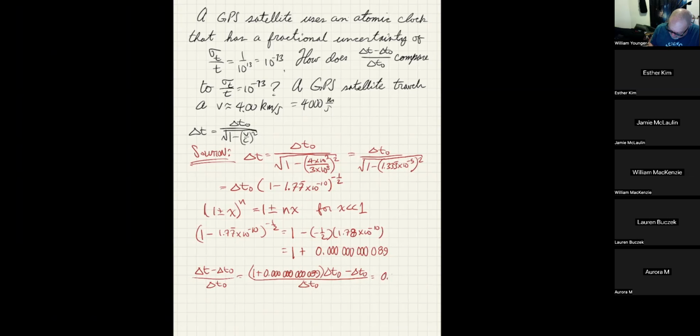So you end up getting just 0.0000000000089. That's the whole quantity, which is in fact 89 over, let's see, if I wanted to make it 89, that's 3, 6, 9, 12. So that's over 10 to the 12th, which is in fact greater than 1 over 10 to the 13th. It's in fact quite a bit greater. You could multiply it by 10, and that would get you 10 to the 12th on the bottom, and then you could multiply it by 89. So it's basically 890 times bigger. So yes, special relativity